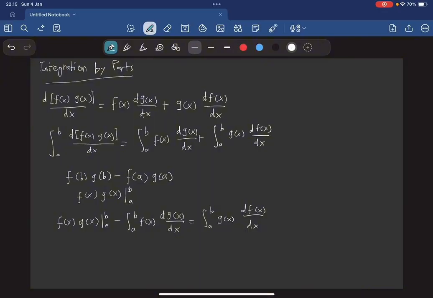Suppose we have some integral that we don't recognize, but we notice that the integrand happens to be a product of a function f(x) and the derivative of another function g(x). In other words, after some inspection, we see that the integral has the form of the right side of this equation, but we don't know how to do it. Sometimes we are lucky and recognize the integral on the left side of the equation. Let's do an example.